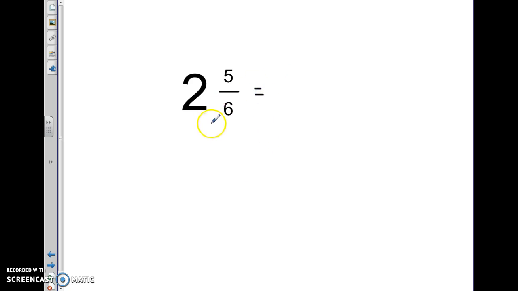Okay, so I'm going to do it the quick way just for time's sake. You can do it any of those different ways that you want, but I multiply the denominator by the whole number, so 6 times 2 is 12, plus 5 is going to give me 17/6. Again, I could do, well, 2 wholes, 6/6 is 1 whole, 6/6 is another 1 whole, and so I just have 2 wholes, and then I also have another 5/6, and that would give me the same thing,